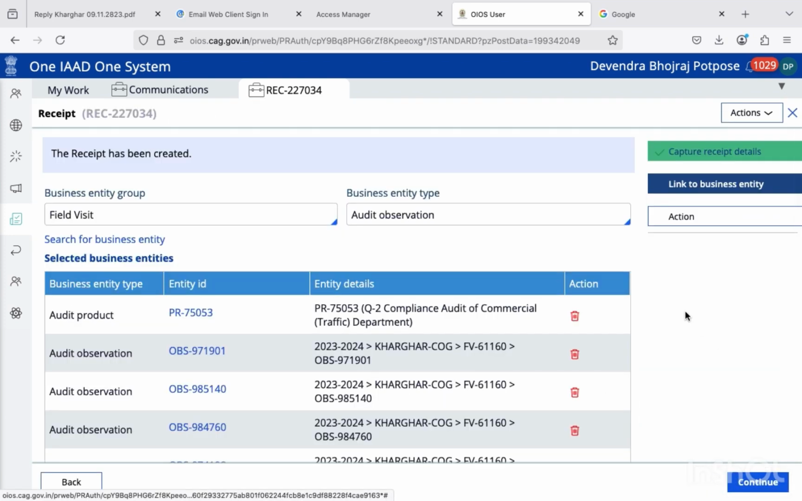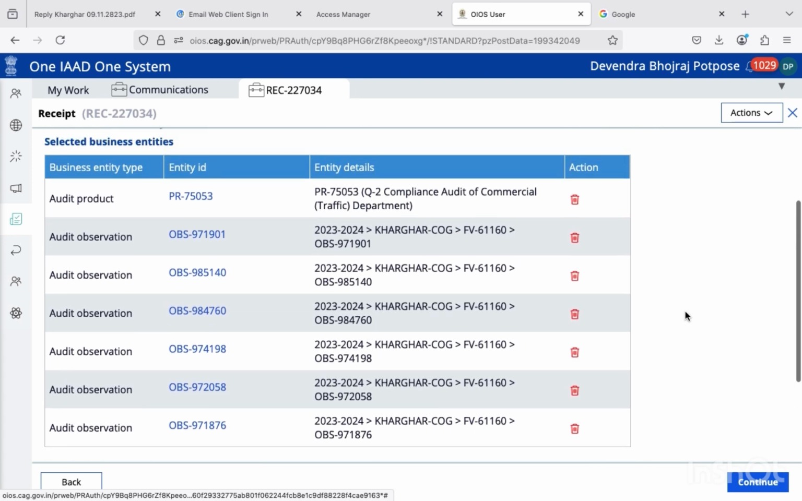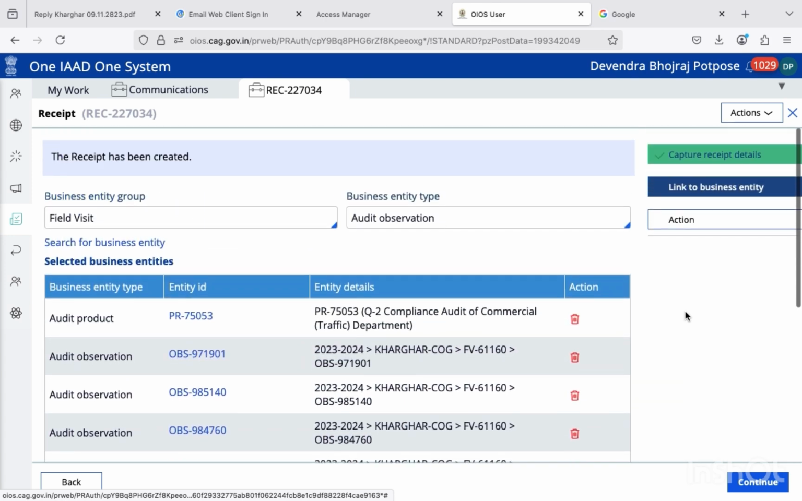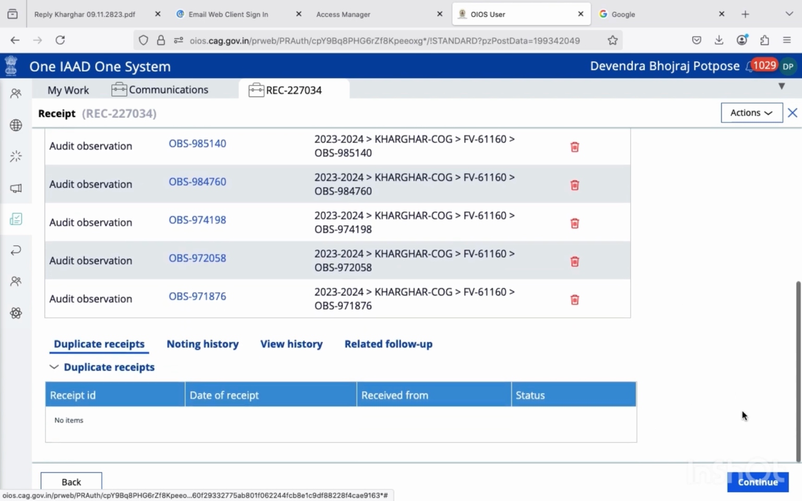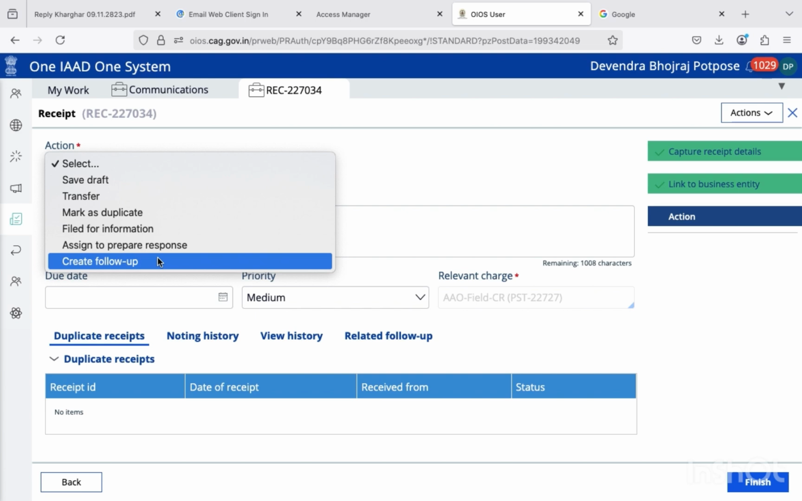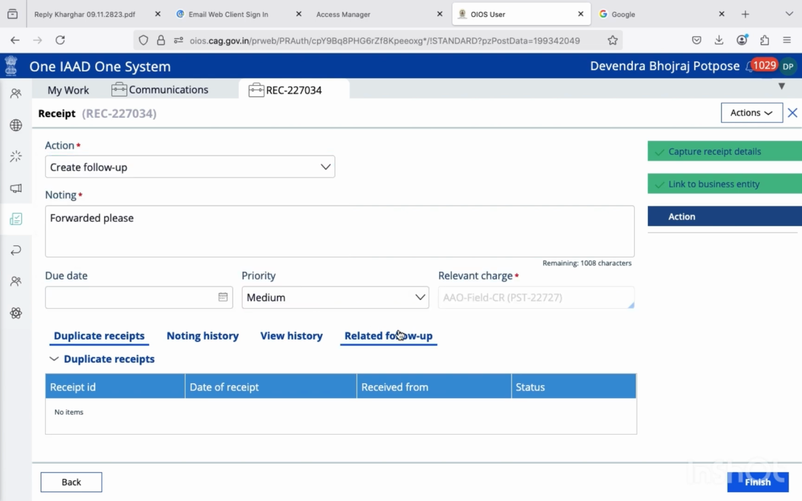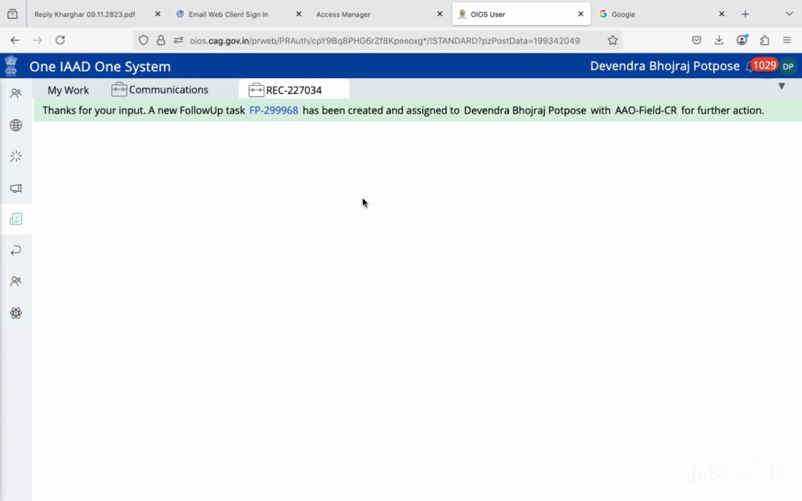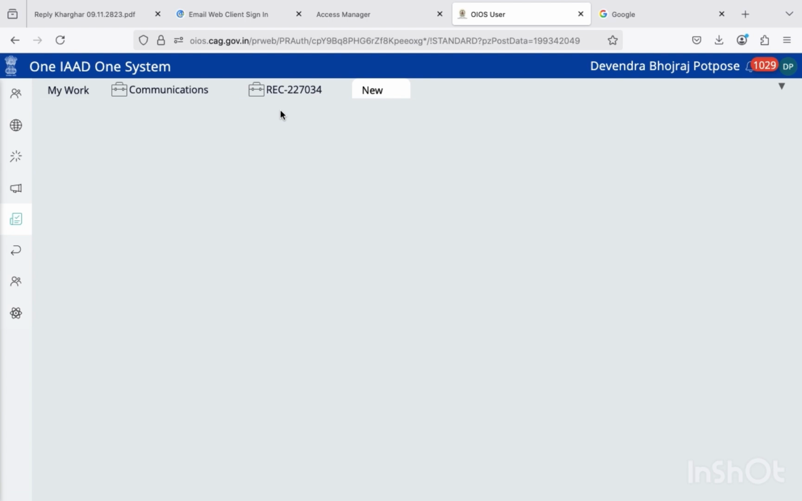Then it will add all the paras in your current follow-up. Alright, so I'm going to hit continue, and select action. So I'm going to create a follow-up and click on finish. So this will create a follow-up for me. So I'm going to open it